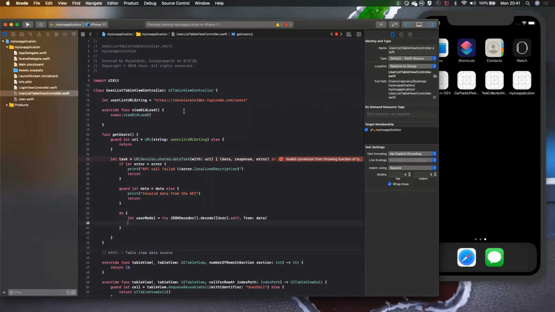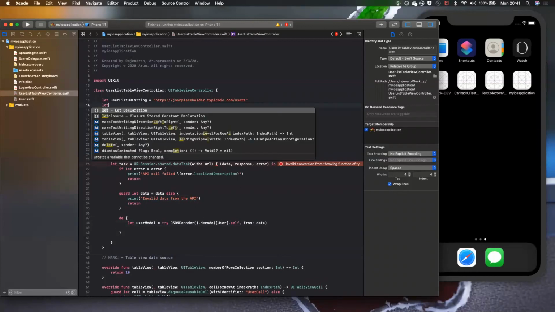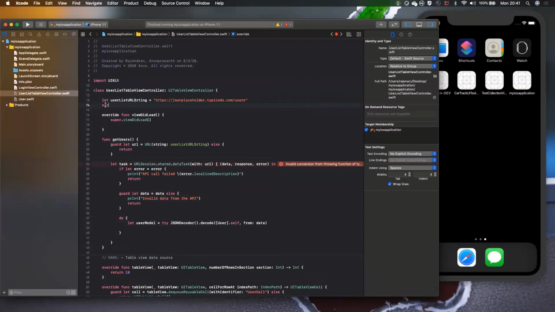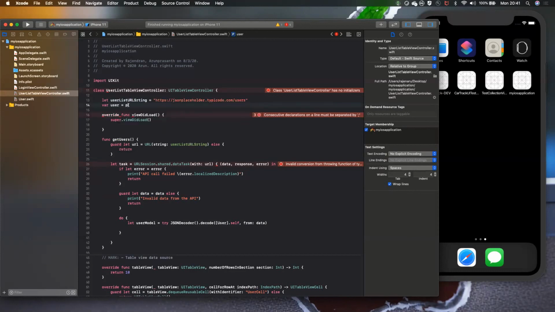So now we need to display it on the screen, right? So I will create a variable. A variable means you can override it. If it is let, you can't override it, like this user list URL string. It is a constant. Now I will be using a variable. It will be a user. If it is a square bracket, it is referred to as an array of objects.